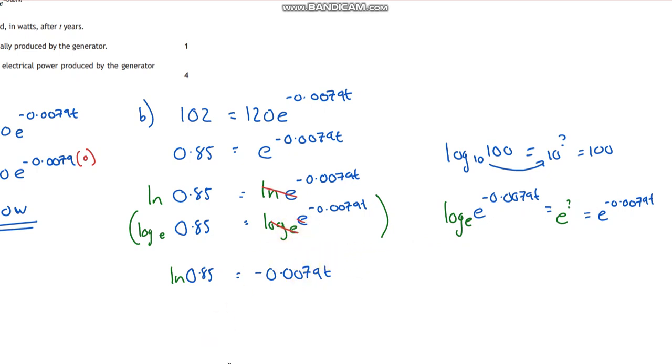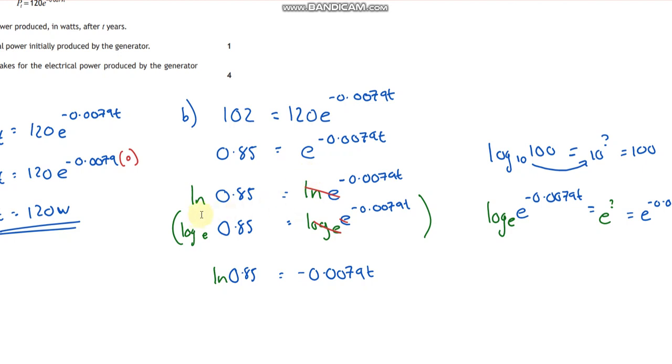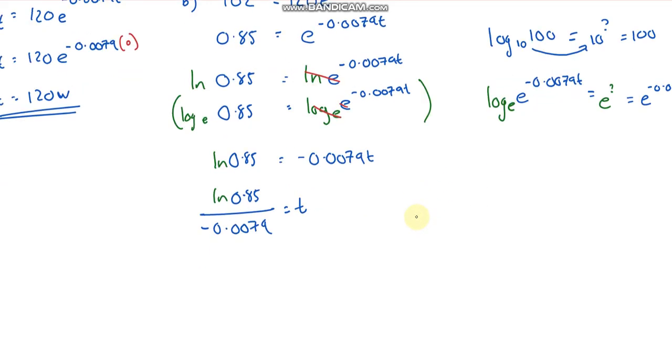You don't need to know that, but that's what's happening. The point you need to know is that you take natural logs of both sides so that it cancels itself out. And now it's a much simpler solve, isn't it? So now you've got the natural log of 0.85 divided by -0.0079, and that is equal to t. If you stick that in your calculator, you should come out with t is equal to 20.57